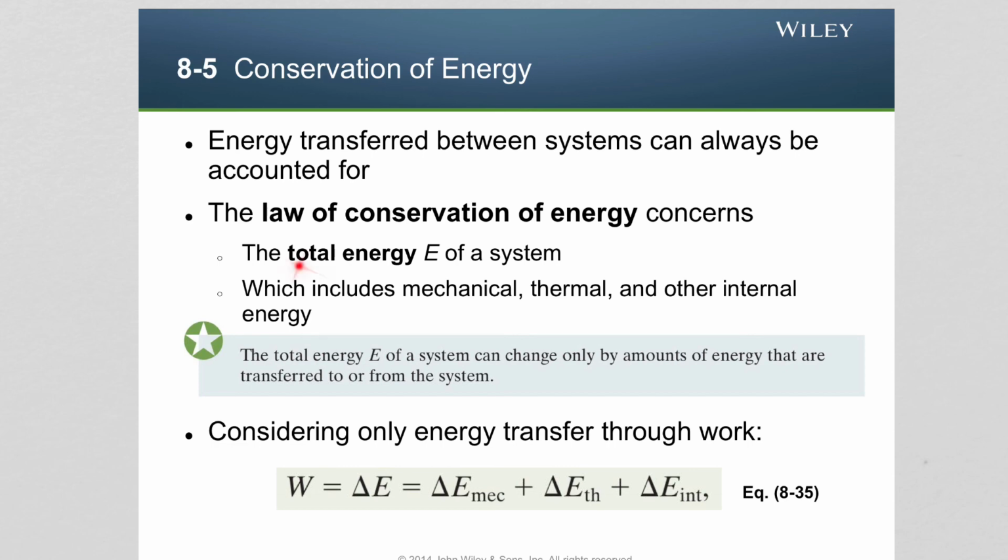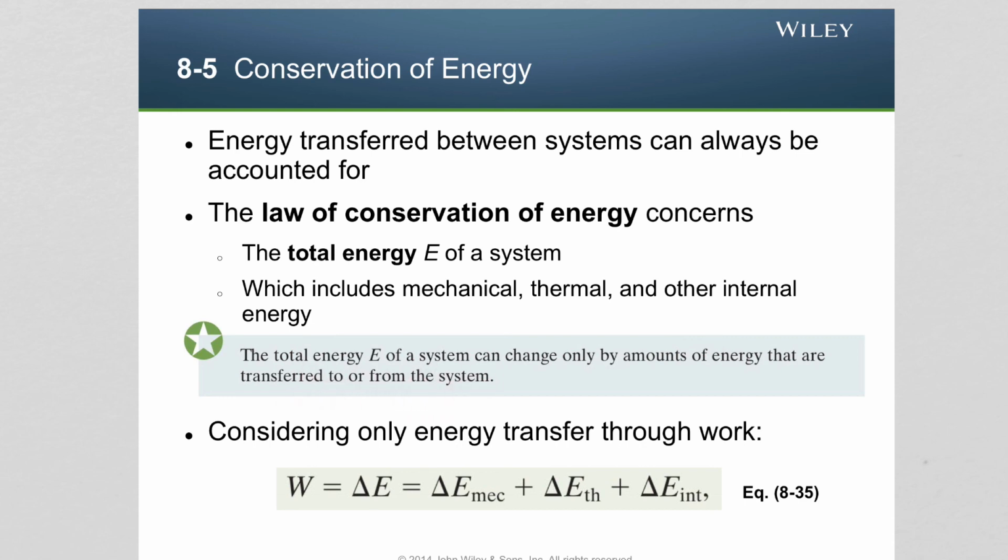The total energy of the system E is the sum of the mechanical, thermal, and other internal energies. Those other internal energies could be rotational energies or vibrational energies of the members of the system. So the combination of all of these energies is known as the total energy E of the system. So then the total energy E of a system can change only by amounts of energy that are transferred to